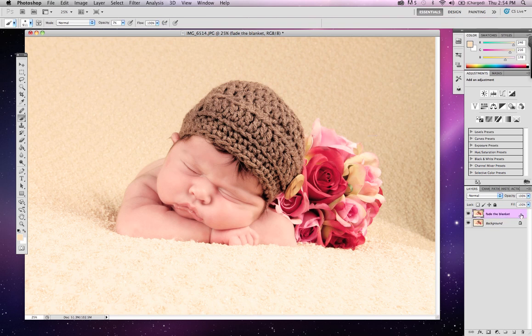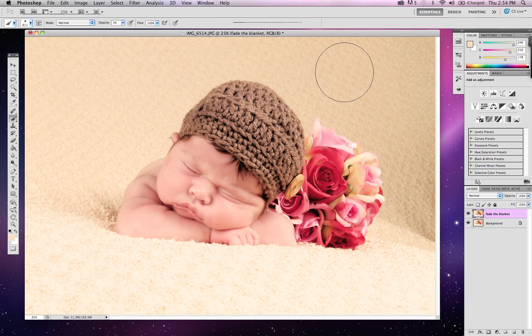So we've named that, and to name it you can just double click right on there and it opens up a text box. The next thing I want to do is keep an eye, as you're looking at your image, you'll notice that this part of my backdrop is a little bit lighter than this part of my backdrop. So what I want to do first is a little bit of a